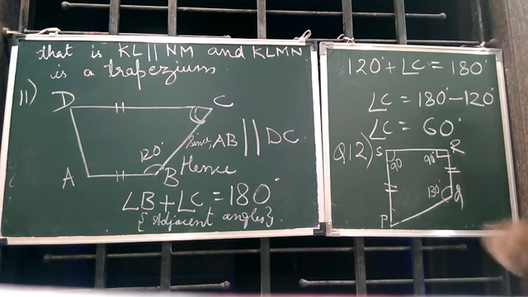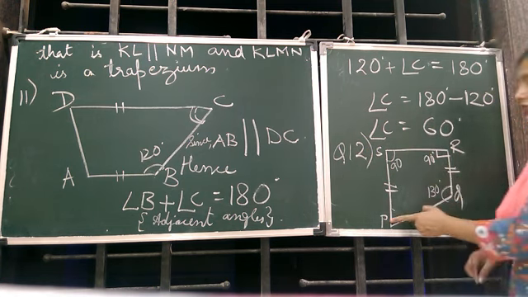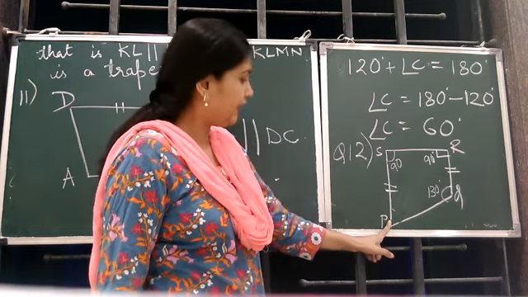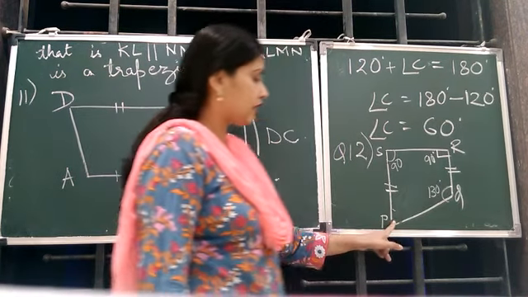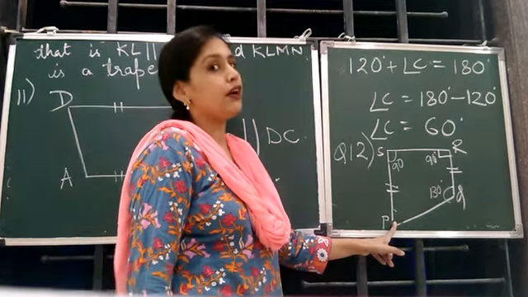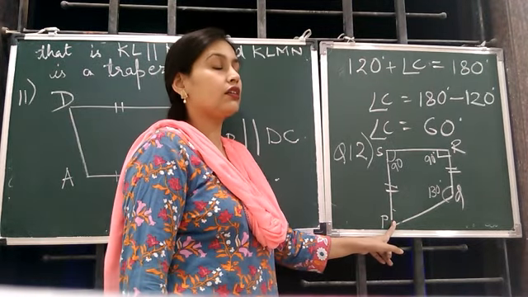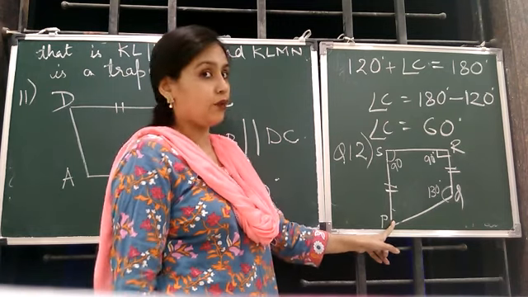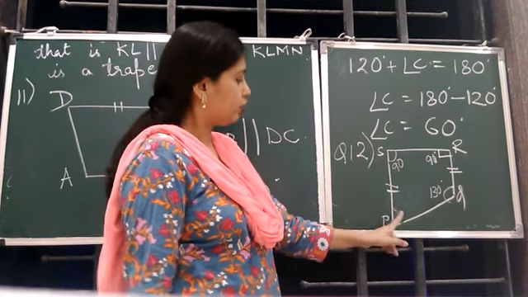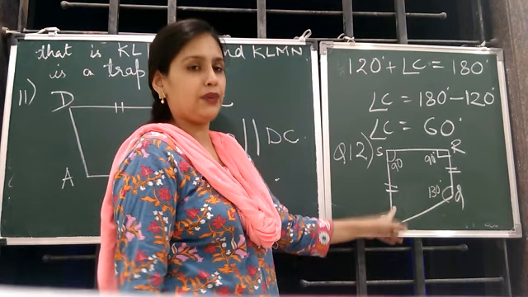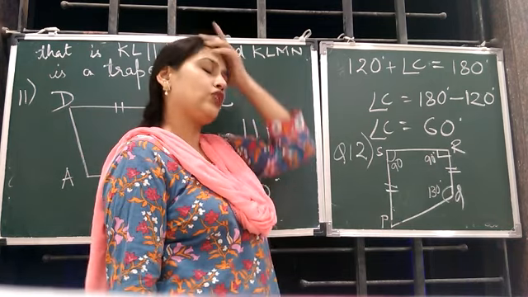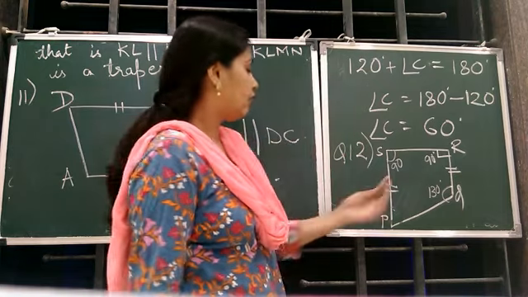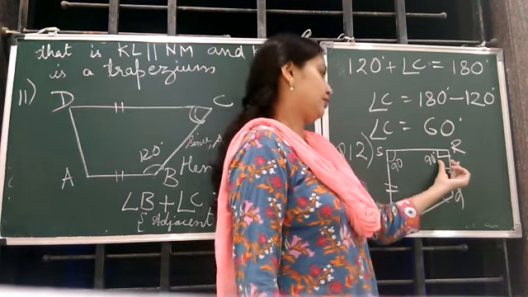Now there are two different methods. Either you use that supplementary method, that is, adjacent angles are supplementary, and find, or all the four angles are given, so you can use the sum of interior angles, the angle sum property of a quadrilateral. Also you will get the value of P. So there are two methods. It is asked in the question, are there any extra methods to find out the value of P if R is known?